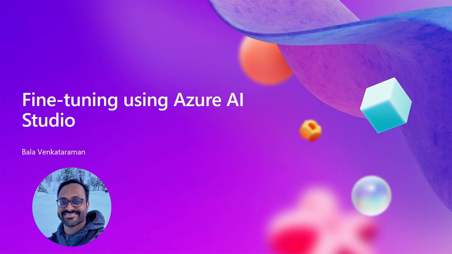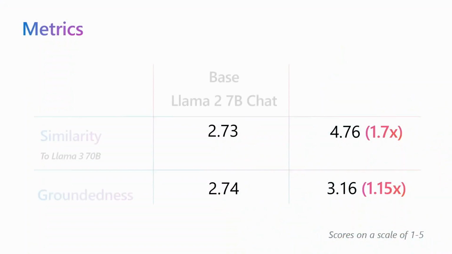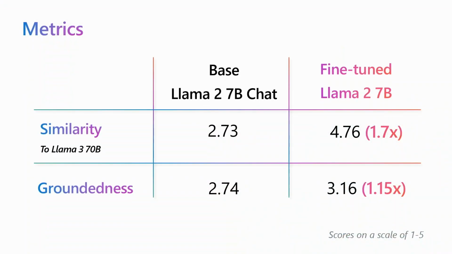Okay, so Bala showed to us how easy it is to fine-tune a model in AI Studio. It's literally a click away. And we've showed to you how the RAFT method provides a framework, a process to go through the fine-tuning on your own domain. In our case, in our experiment, how well did it work? Well, Bala showed to you one specific example. Okay, that's not statistically a good way to look at it. It's interesting, but we need numbers.